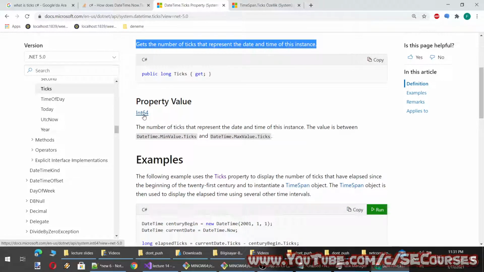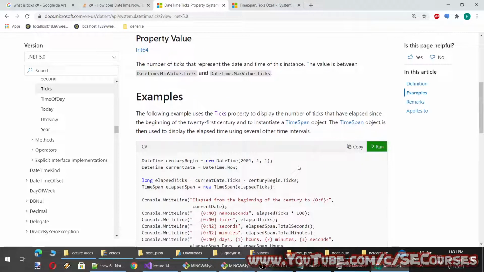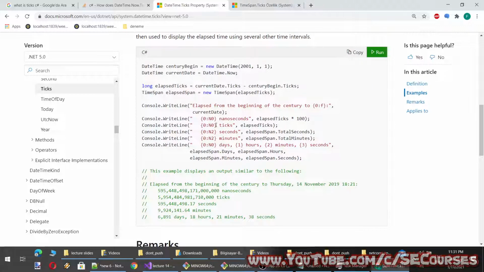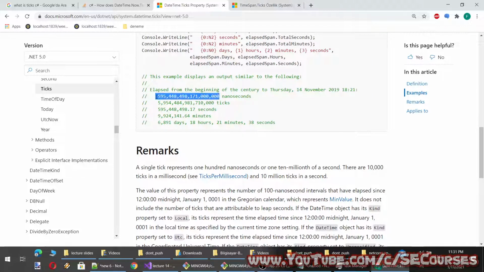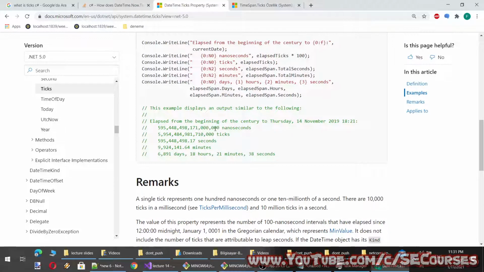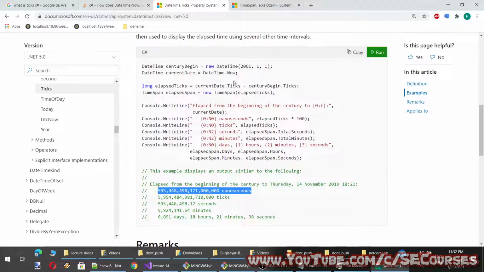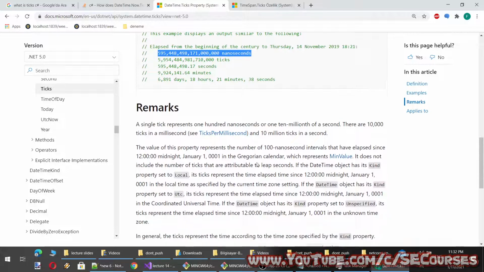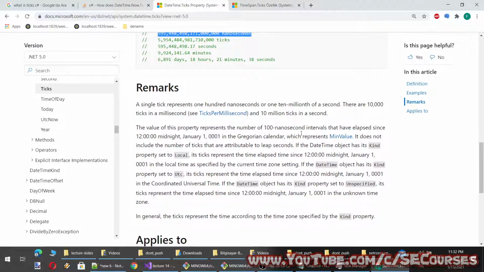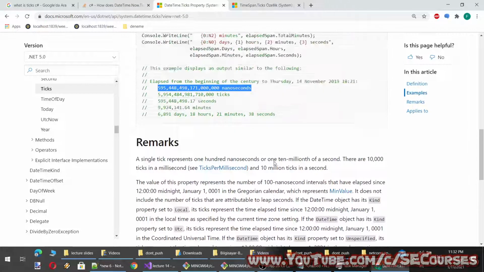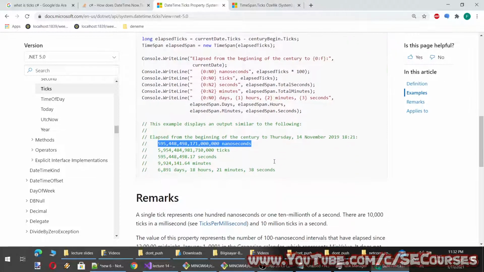So it is int 64. So it is about nanoseconds. So 100 nanoseconds is one tick, you can see. And it is starting from, I think the 0 tick is the beginning date of the ticks. Let's see it.